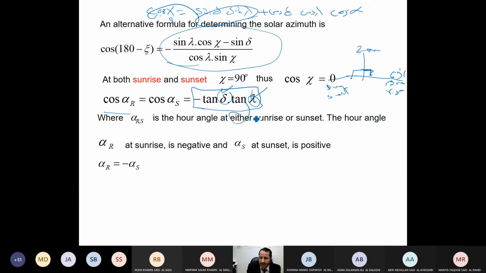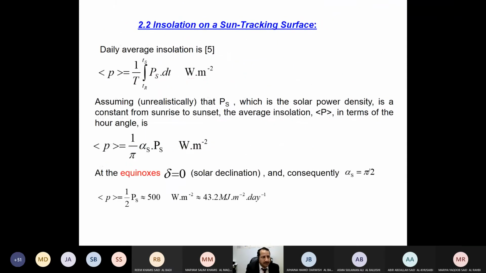I gave you the equation to calculate it. So directly I can find alpha for rise and alpha for set. As I mentioned, before noon it is positive, afternoon it is negative. Okay. Now, after we define zenith angle, azimuth angle, hour angle, declination angle,